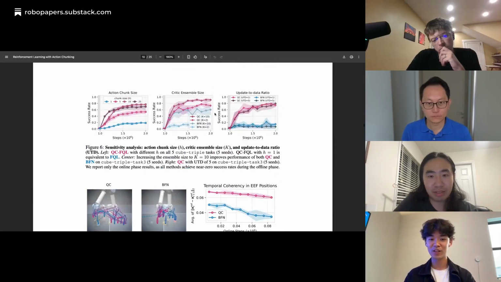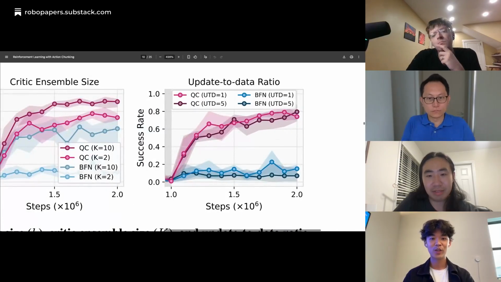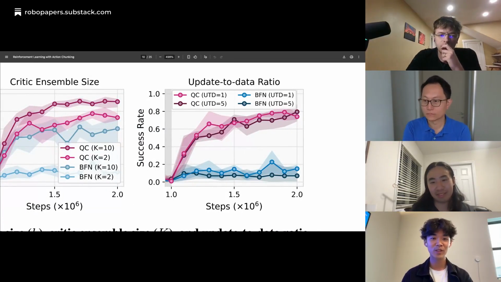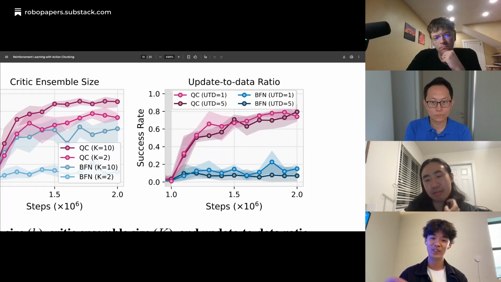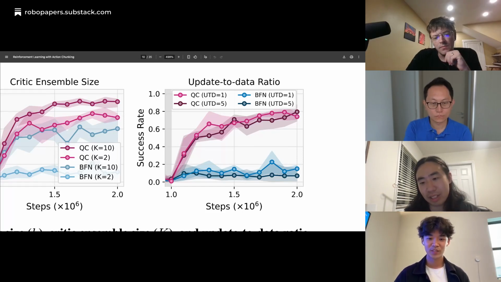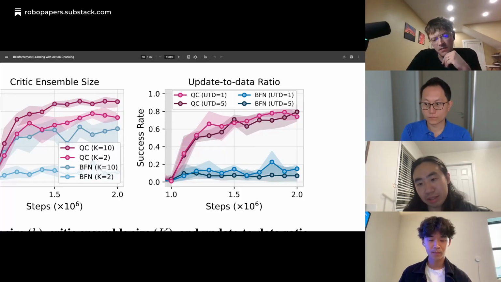So one very exciting thing to study, and we have an ablation here, is that you can try to use a higher update-to-data ratio to make your algorithm much more sample efficient, so that when you're doing this on real robots, you don't have to collect millions of episodes. You just collect a few and then keep updating on them. And this is mostly powered by the fact that individual samples here are much more informative because they're action chunks.